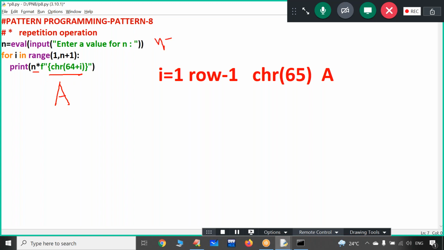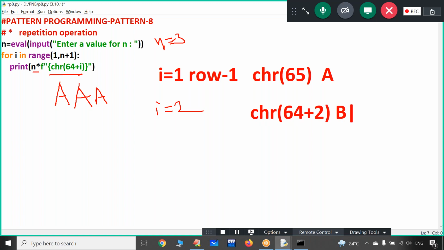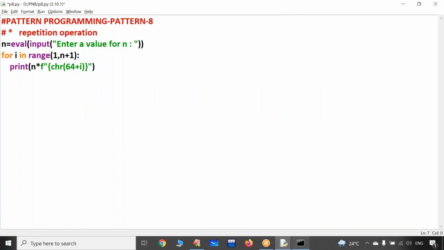Assume I have given 3: 3 times, A. In the next iteration, i value becomes 2. Then chr of 64 plus 2 means 66. It is the character representation for B. Now B is also to be repeated 3 times. So like this, we expect the output.